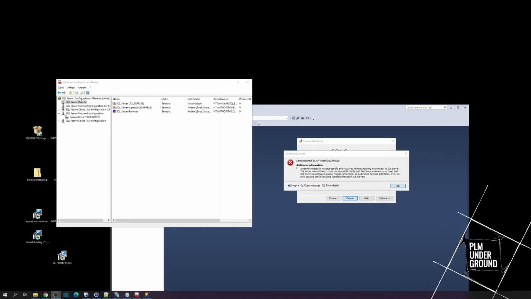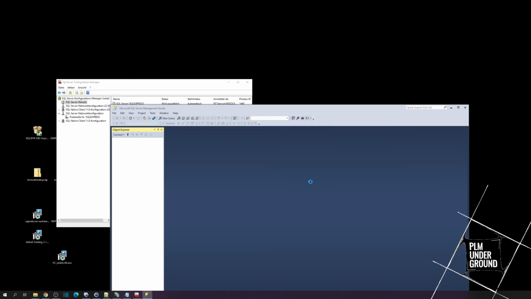Okay, got it. I'm not sure why, but during all of the configuration I did in the last minutes, at some moment my SQL Express server was disabled. It was working before, but now you can see status is not active. So I will try just to restart my SQL server. I hope it works. Okay, seems to run now. Let's see if we can connect now. Looks much better. Then we can instantly try again to log into our Innovator.